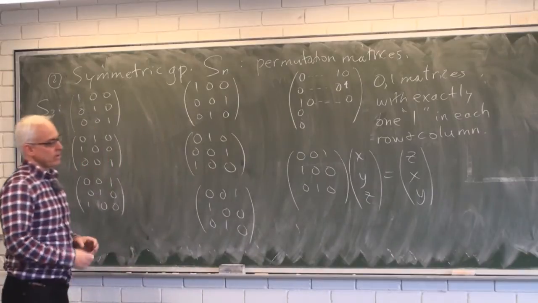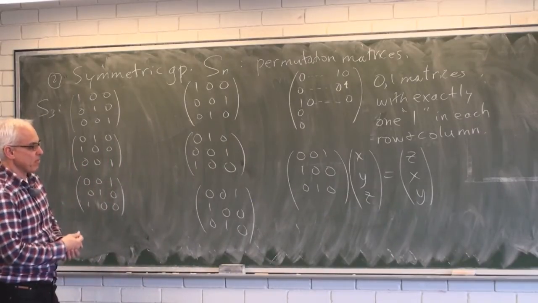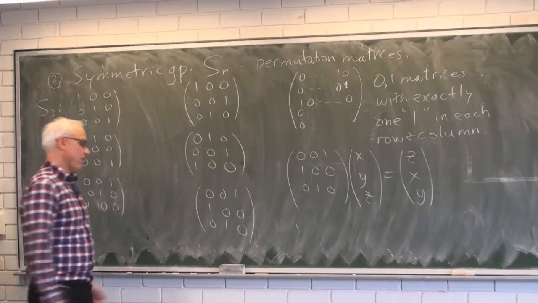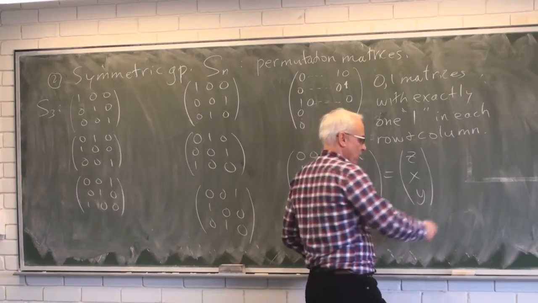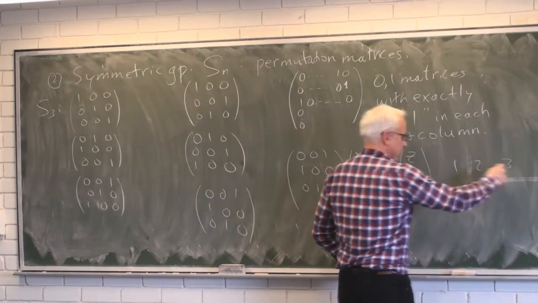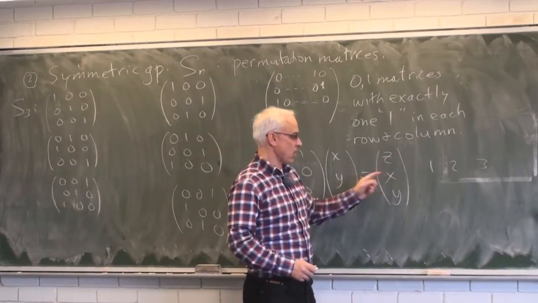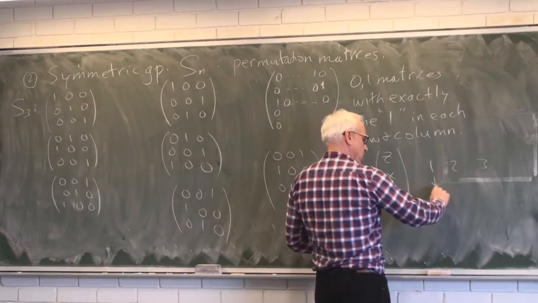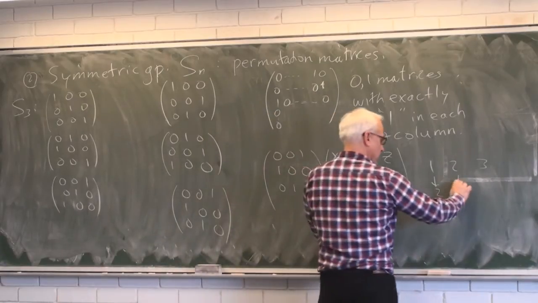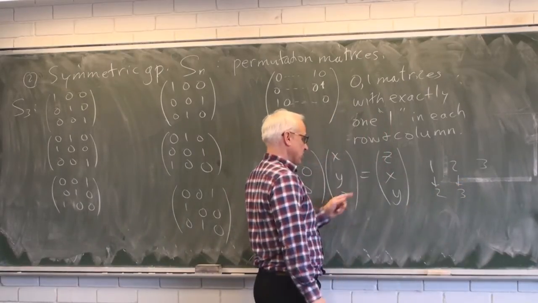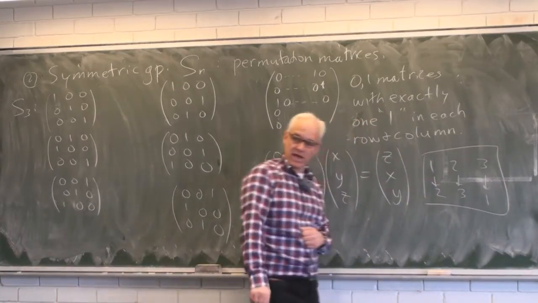Okay. So what we see is that the three coordinates have been permuted, and if we want to record that permutation of just the coordinates, we could say, well, here are the positions of x, y, and z, that the thing that was in the first position has gone to the second position. So one way of recording that would be like this. The thing that was in the second position has gone to the third position, and the thing that's in the third position has gone to the first position. So that would be another way of recording the permutation.